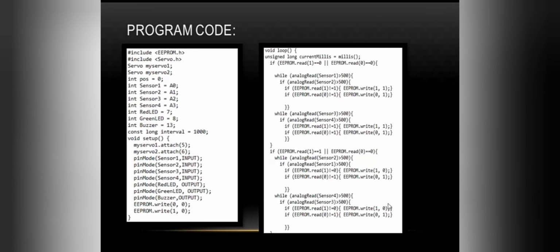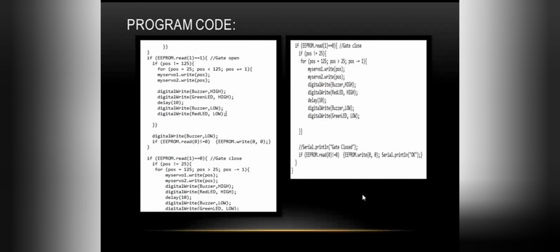And this if loop is for the buzzers and LEDs. Whenever the gate is opened, it should indicate the green LED so that the people can go, and the buzzer must be high for a slight moment to indicate that you can go now. And then after a short delay, it should turn to red, buzzer low. And similarly, whenever the gate is closed, the red LED should be high for some moments so that people can be alert that it is red and we should not cross.